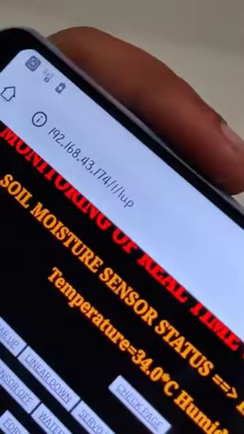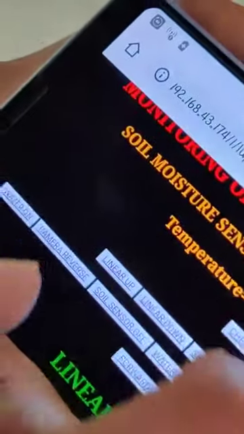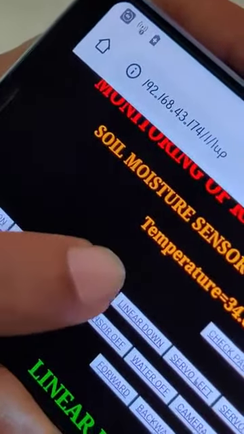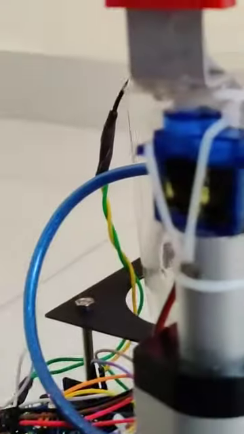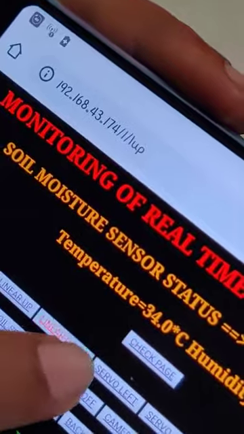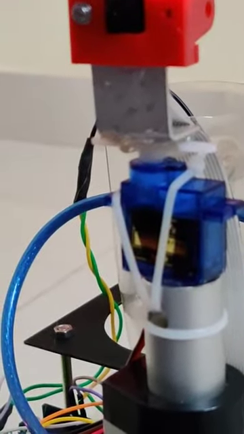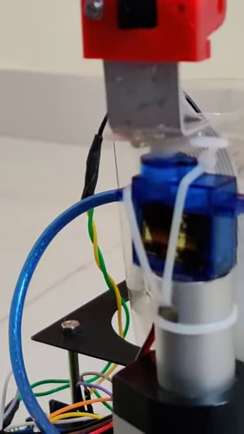So here you will have a linear up button. This linear up button is used to increase the height of the camera, and you can also decrease the height of the camera by pressing the linear down button. When you press linear down, the height of the camera will be reduced.